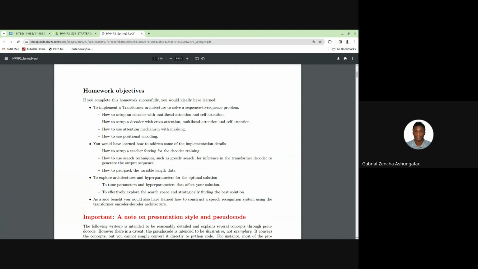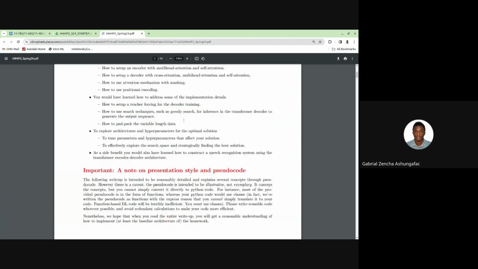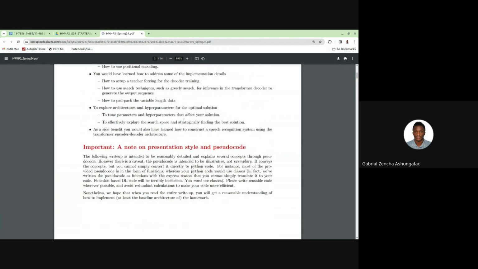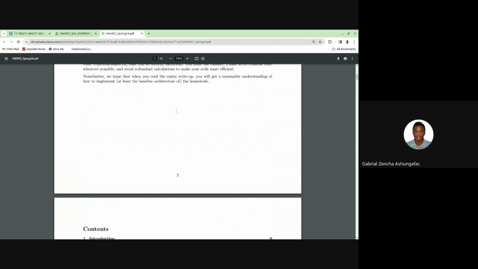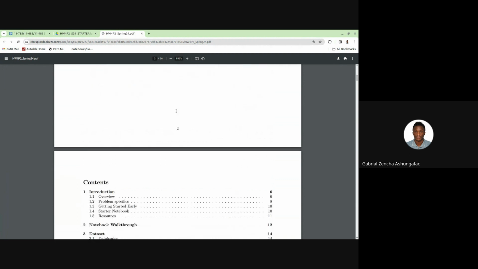So those are the homework objectives, and of course, part of it is you learning how to tune parameters, hyperparameters, and other training techniques like incremental training and freezing and unfreezing some parts of your network to enforce some